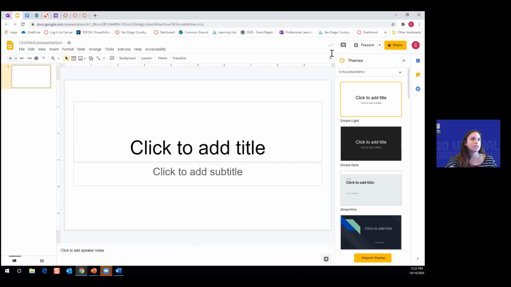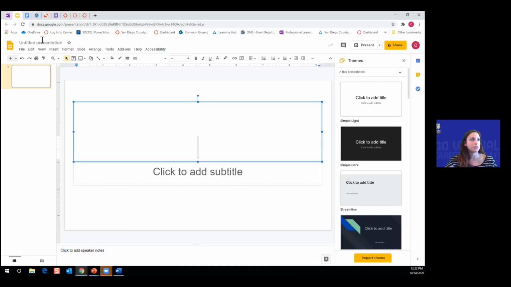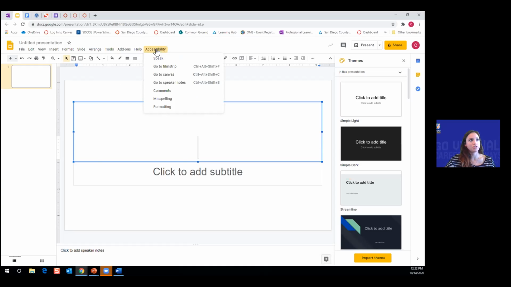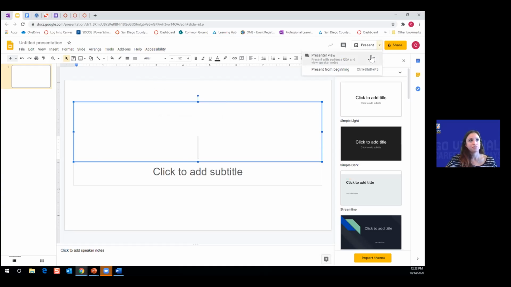And now what I want to do is show you in Google Slides a feature for accessibility. And as I mentioned, there's that tools accessibility settings. So now you'll notice I have an accessibility menu that allows me to access some accessibility options as well here. And then within slides, what I love about it is if you go to a presentation,